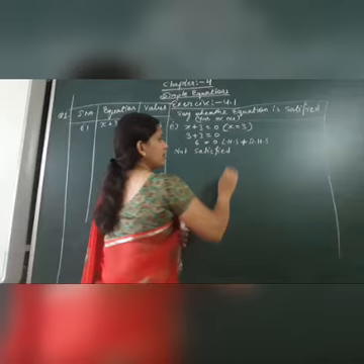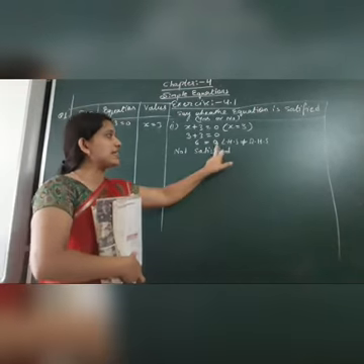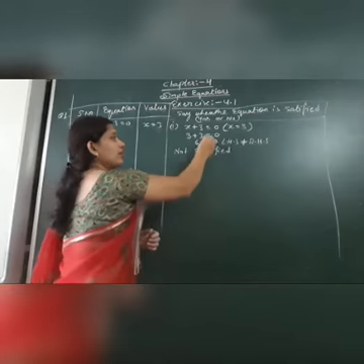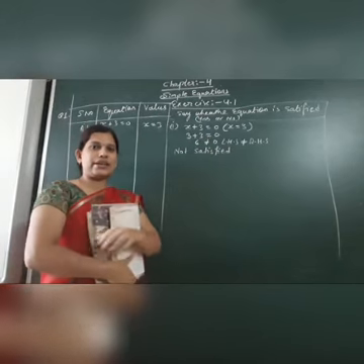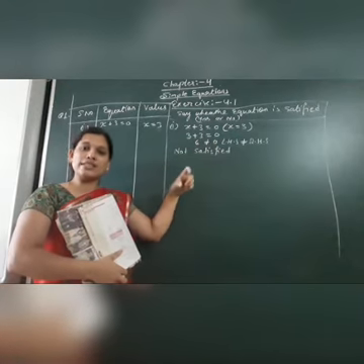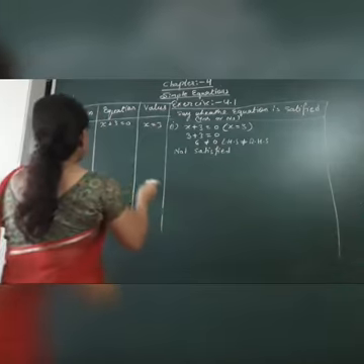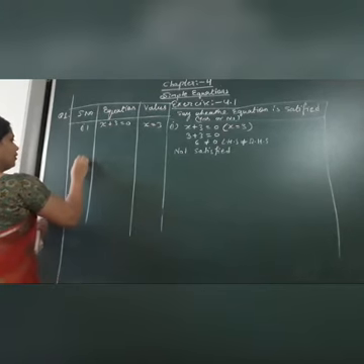Why is it not satisfied? It is not satisfied because its LHS and RHS both are not equal. That's why it is not satisfied. ठीक है. If we get the same value for both LHS and RHS, that means it is satisfied. We will write that. Next we are having the second part of it.